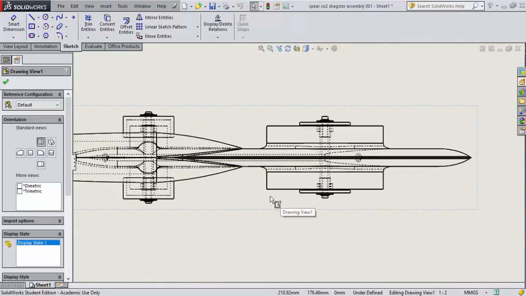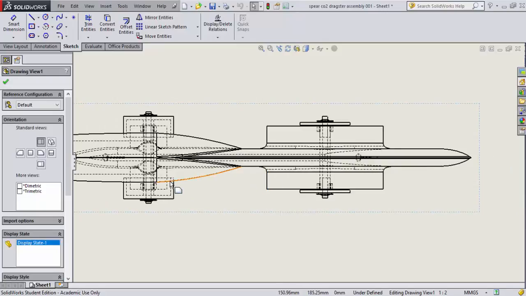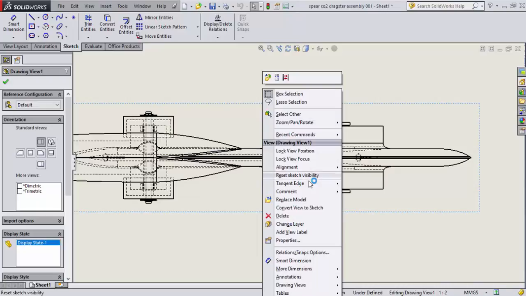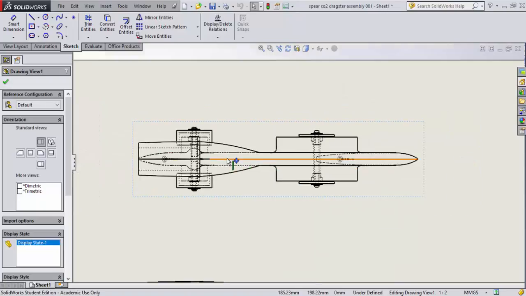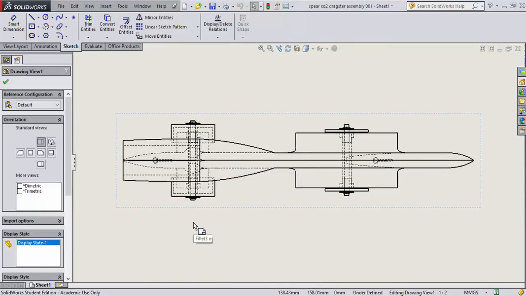Well, there's a tremendous amount of nebulous information here that we really don't need. So what I will do now is right mouse click, come down to tangent edge, and say tangent edge is removed. And what this does is it gives me the essential information that a judge will need to correctly judge the